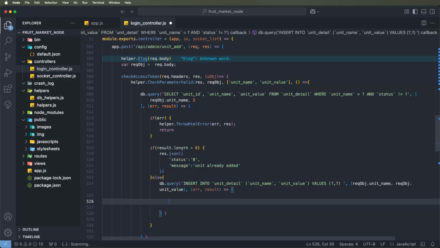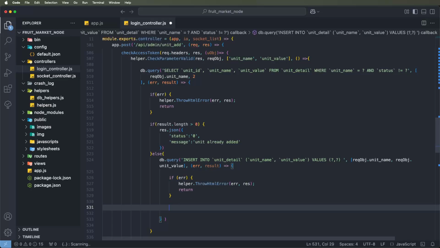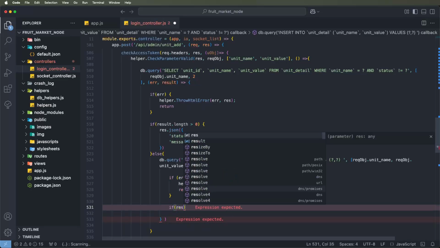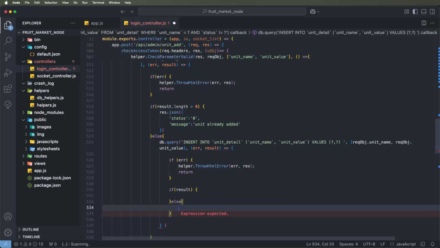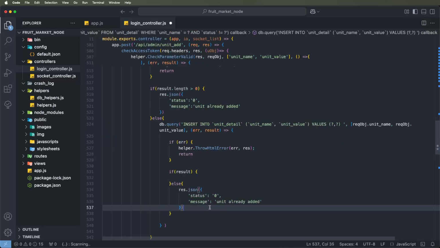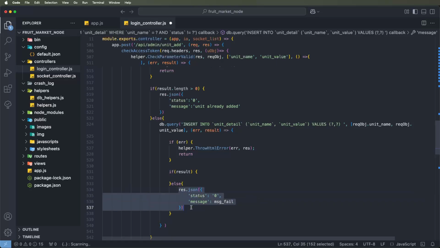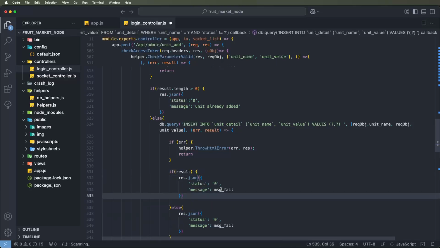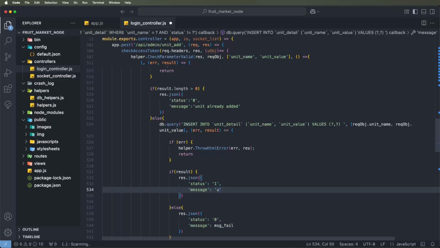Now we need to again check the errors. If there are errors, then throw the HTML error and return the termination functions so the server can respond. After that, if the result is found, it means the results were successfully added. If not, then the insert failed, and we need to respond with the fail message. If successful, then give the success response and set the message: unit added